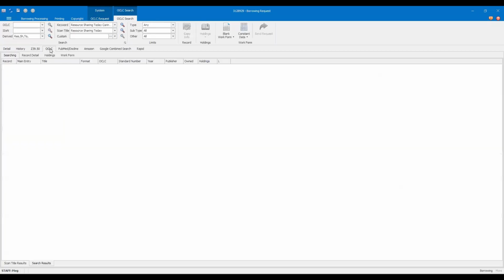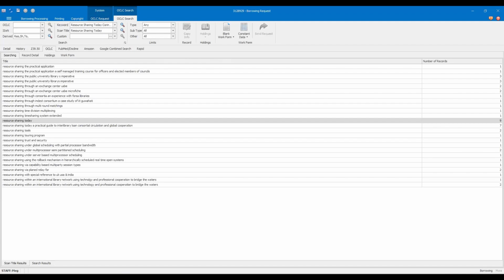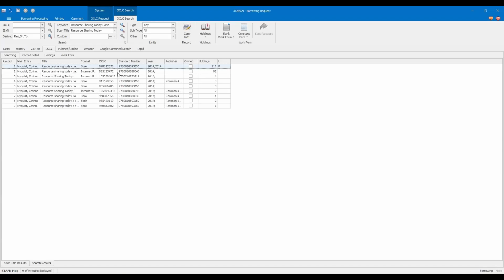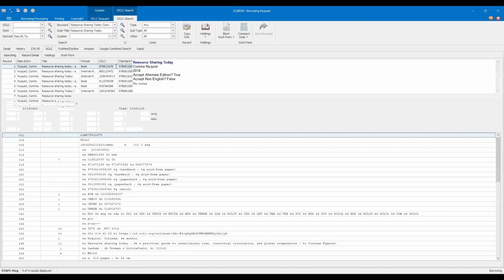The OCLC tab is where you want to be to conduct your search of Iliad to check for holdings of the item. In this example, I'm going to search by title, but I can also search by ISBN, OCLC number, and keyword. When I search by title, I double-click the title that closely matches the one I'm searching for. Here we can see that the first record that pops up appears to be a good holding with over 200 holders. Again, I double-click